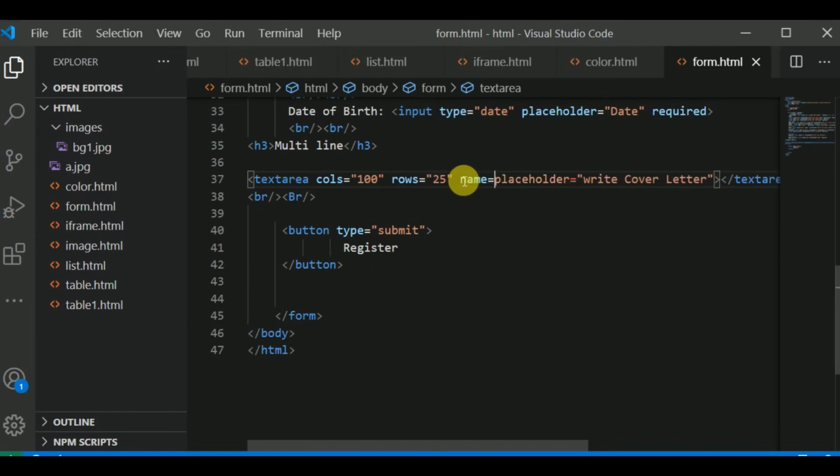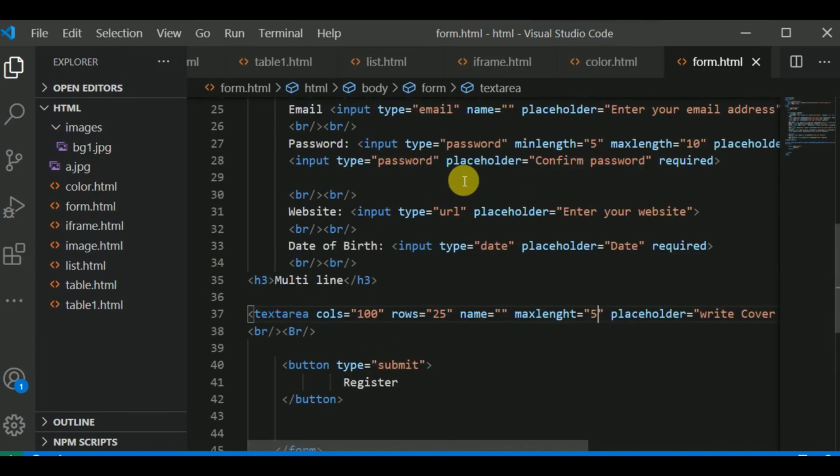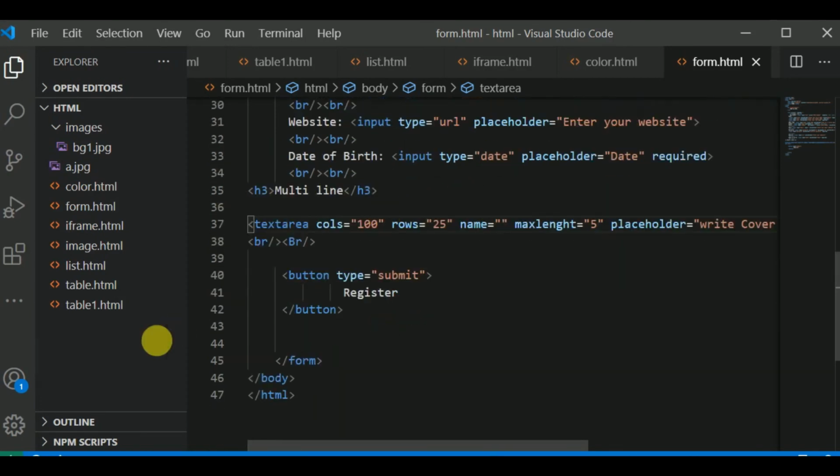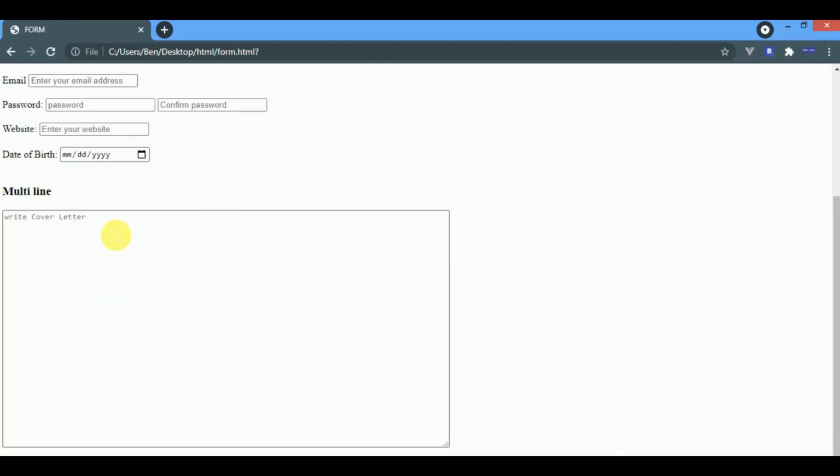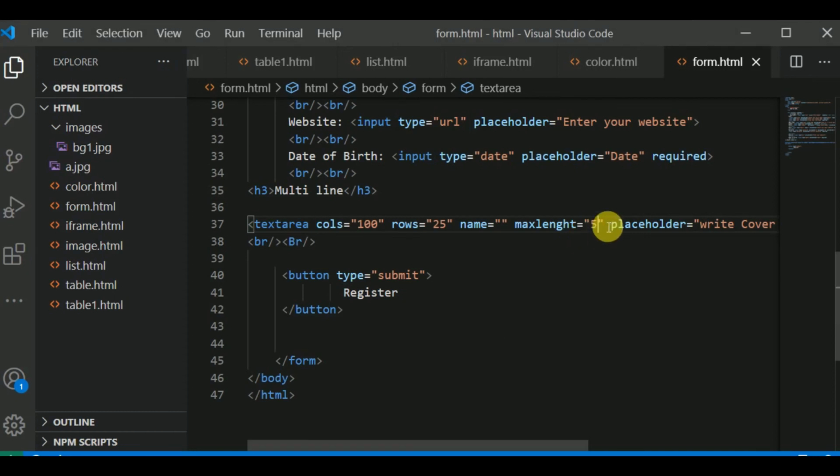Okay. Text area equally makes use of name. Like I said, it makes use of name. And I don't know whether it makes use of maxlength, but let me just check. Let me say the maxlength is 5. Okay, let me just check. No, I don't really know whether it makes use of the maxlength or minlength. Okay, so let me type something. You see, I can type more than 5, so it does not actually make use of